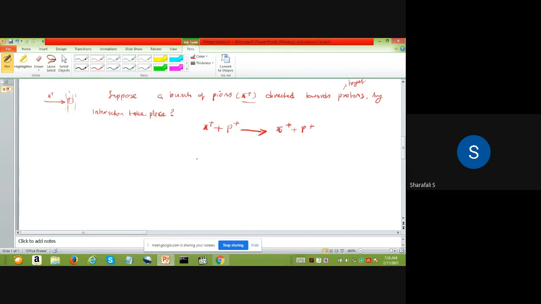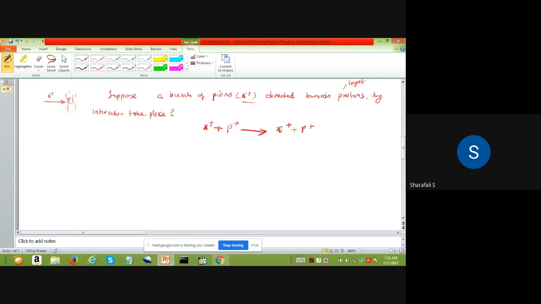So at first glance, we can conclude that nothing happened, because the target particles and the projectile pions directed towards protons, pi plus plus p plus,